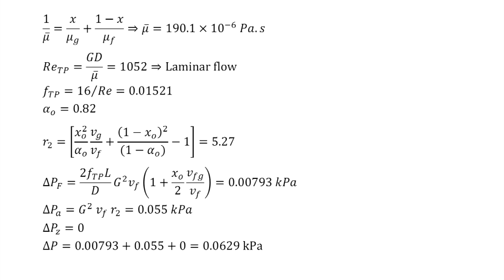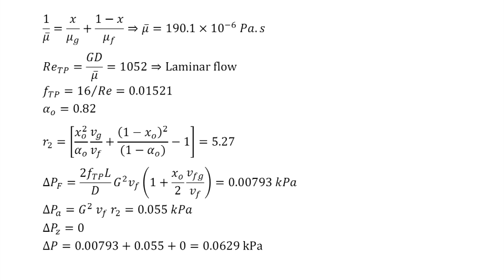The average viscosity is calculated using Macadam's relation, and Re_TP is 1052. So, it is laminar flow, and f_TP is equal to 0.01521, and alpha_O is calculated using the outlet quality,